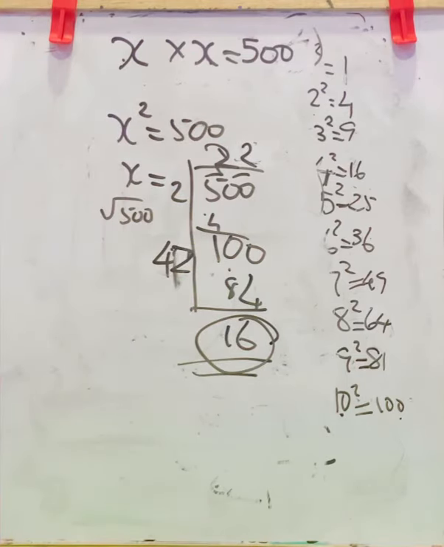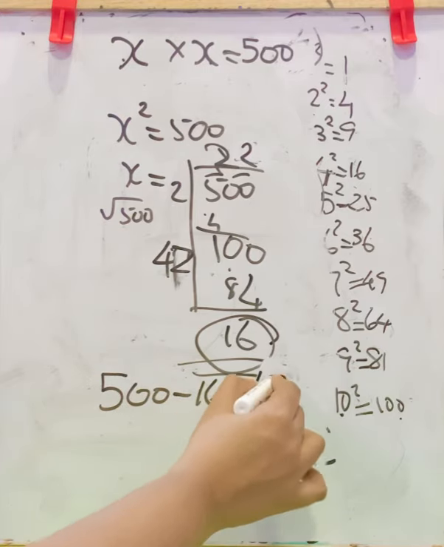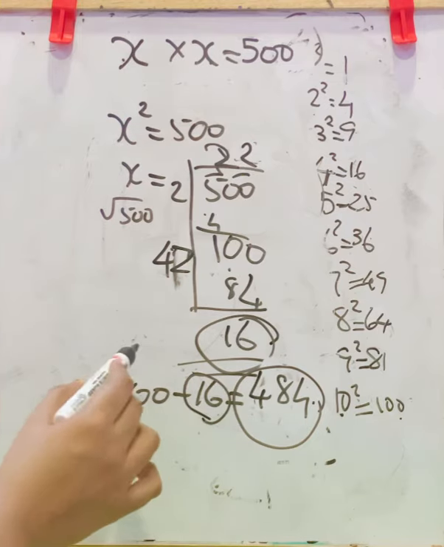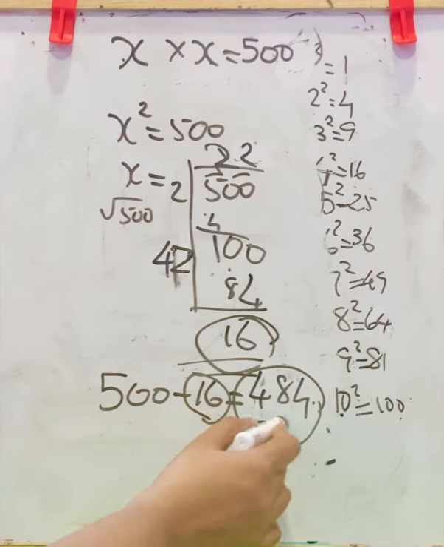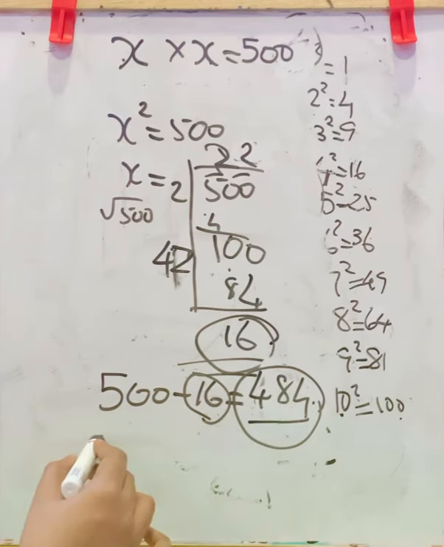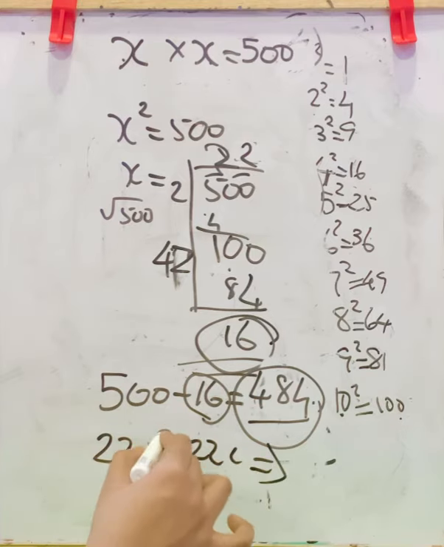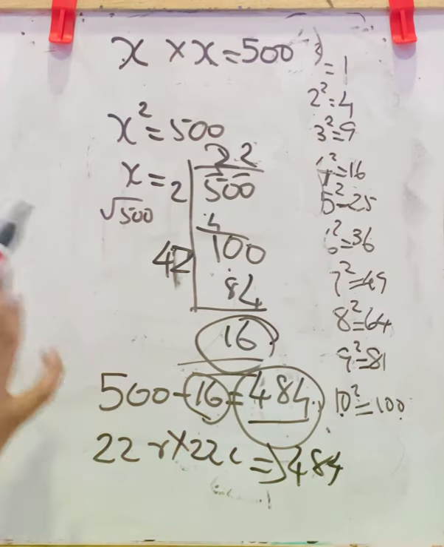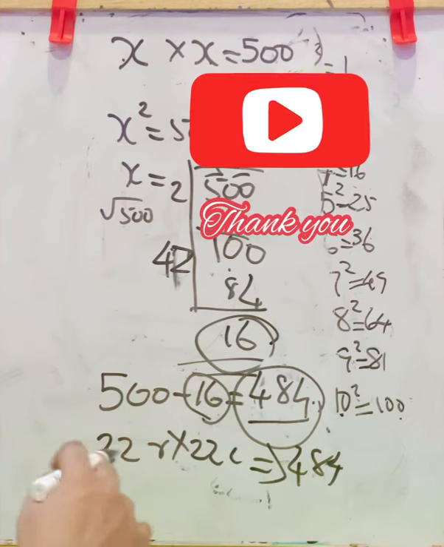So what number should be subtracted? 500 minus 16. 484. This will be a perfect square. So 16 students need to be left out in the arrangement. Then you will get a proper number of columns and number of rows. Both will be equal. That is 22 rows and 22 columns. So you will get total 484 students. If it is 500, it is not a perfect square. So this much students have to left out from this arrangement.